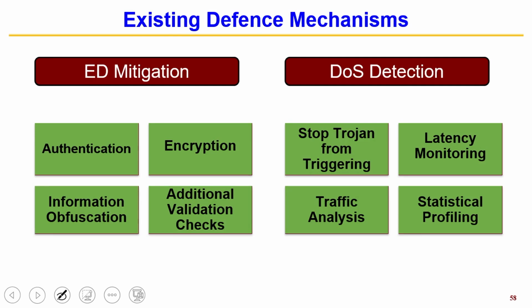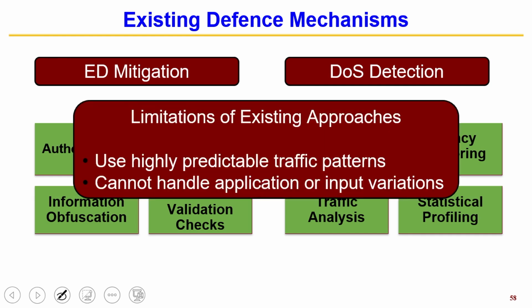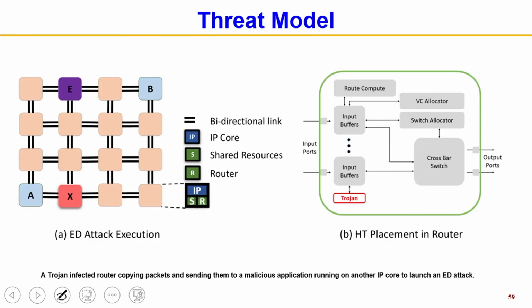Now, if the attacker is sniffing only 1 or 2 packets, it is very difficult for anybody to figure out. But if it is sniffing a lot of packets in a certain time, then by looking at the traffic in a certain area, you might be able to detect it. So, there are different detection and analysis techniques, but the key idea is the existing ones are for very highly predictable scenarios. Machine learning will be able to consider variations.